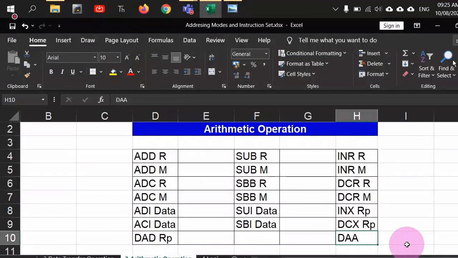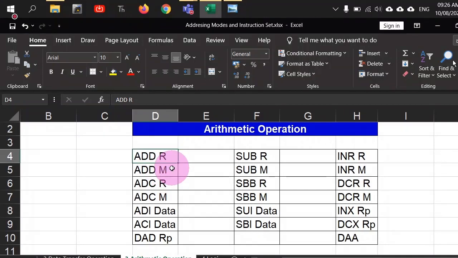So we are not discussing it as of now, but the arithmetic operations available in 8085 are only addition and its variants, subtraction and its variants, and increment and decrement operations, right? We are already aware of the ADD R command. R could be any register. And the ADD M command. Both of these commands simply take 1 byte of data and add it to the accumulator and store the result in the accumulator itself, right?